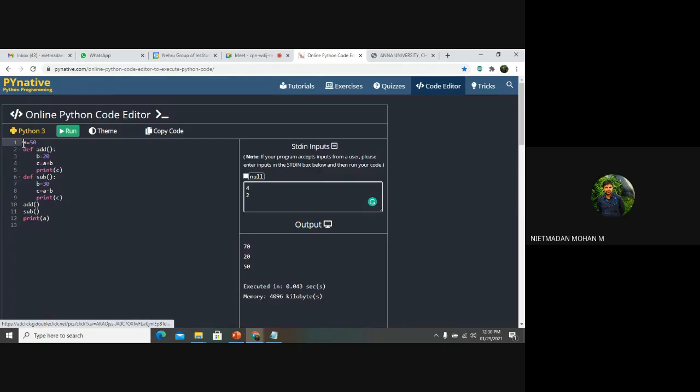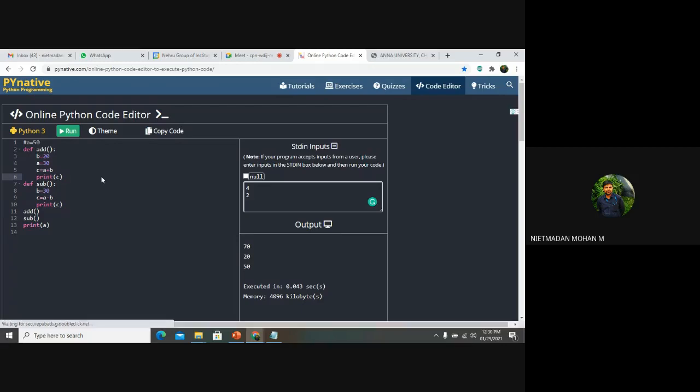If suppose I am not writing this first line, then what will happen now? Sir, it came as an error because we didn't assign the A value. Yes, so if suppose I am giving A is equal to 30 here in the local variable, whether both functions will get an output or only one function will get an output? Sir, the 11th and 12th line will get output, sir. The 12th line will get an output? No, sir, we didn't assign the A value in the 12th.